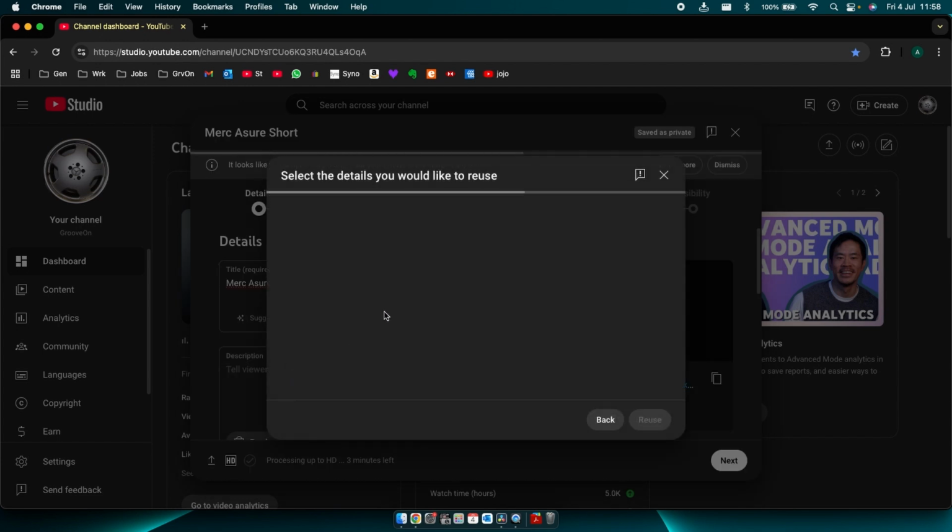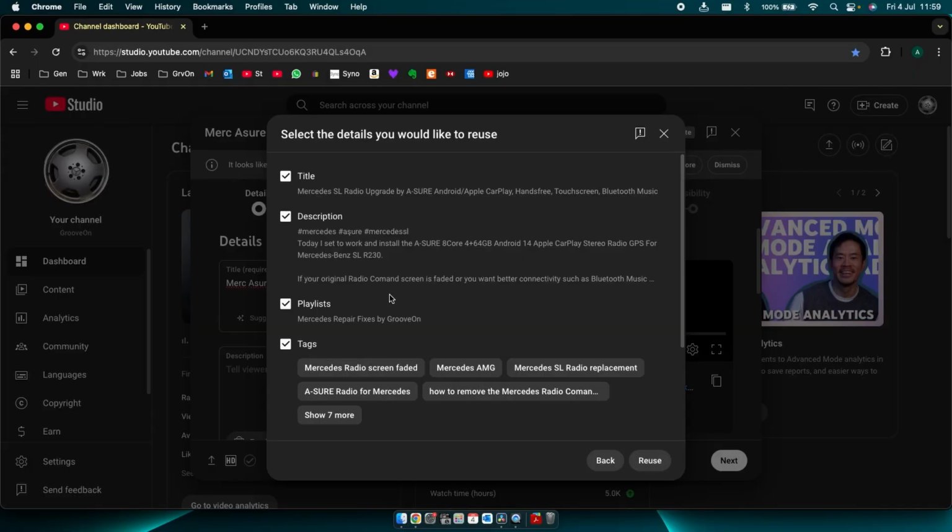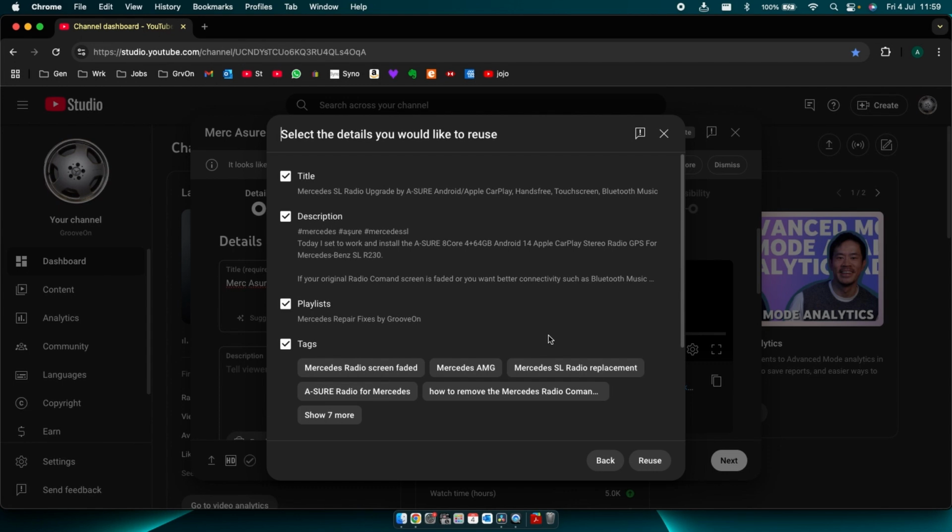I select that and it gives you an option of all the things that it wants to copy over. I just leave all the boxes ticked. That is your title, your description, your playlist, and importantly your tags, because that can be a bit of a pain to have to keep typing those out. So I've got things like Mercedes radio screen, Mercedes AMG, Mercedes SL radio replacement. So those are the sorts of things that I think people will go looking for when they do a little internet search. You don't need to change the title, you don't need to put the word short in there,